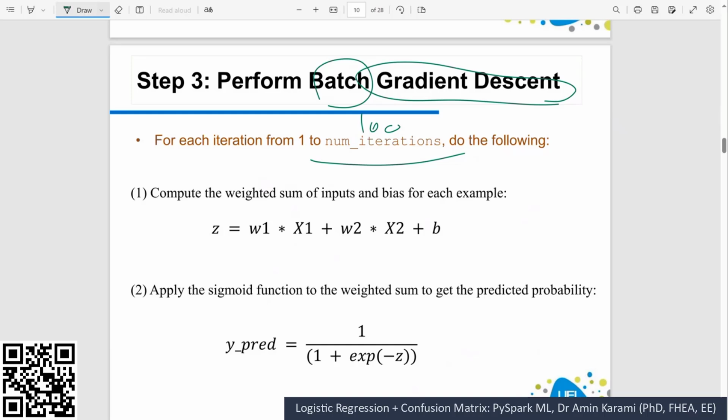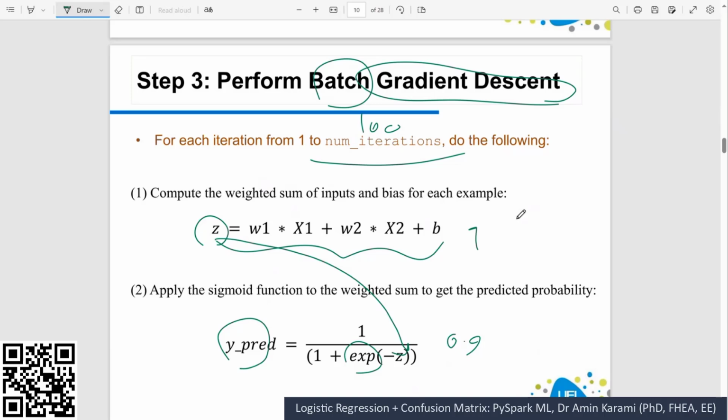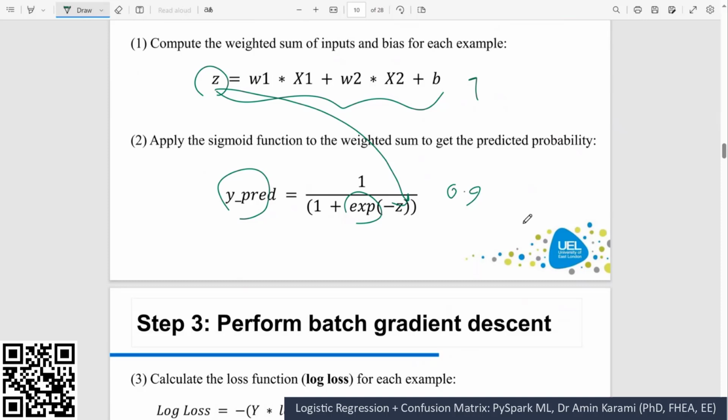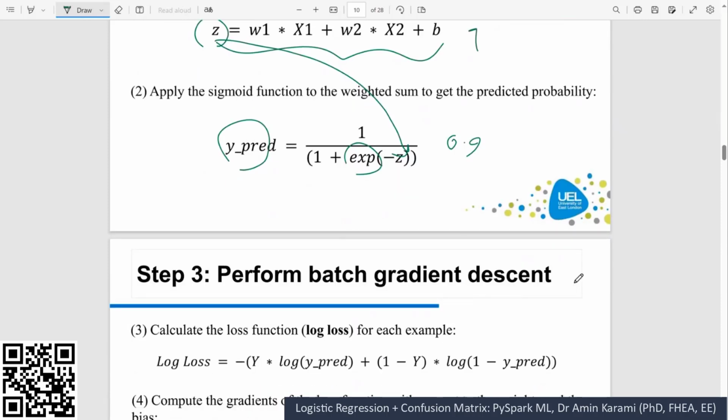So how does it work? Firstly, we need to calculate this linear regression. Perfect. Once we do that, we can move this z after calculation here, calculate the exponential, and find y prediction. Let's say that for the first data you have label 1, and you also predicted here 0.9. We have to consider, how good is that? If you want to see how good that is, that it was 1 but now you predicted 0.9,